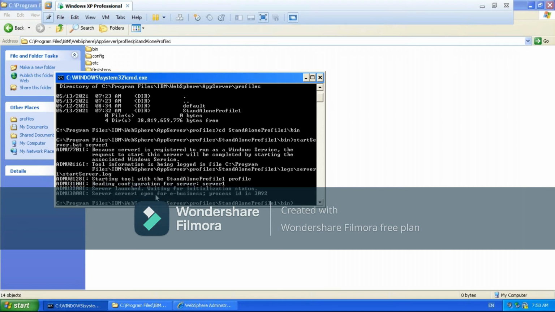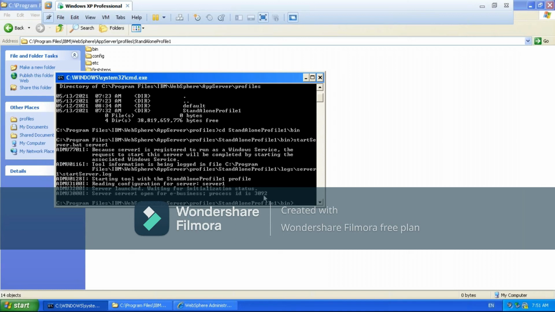See, server1 is open for e-business with the process ID 3092. Now on the physical system, the localhost, Windows XP, you will come to know there is one more Java process. That server name is server1 only, but its process ID is 3092.